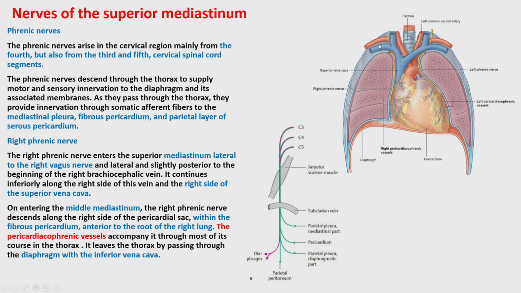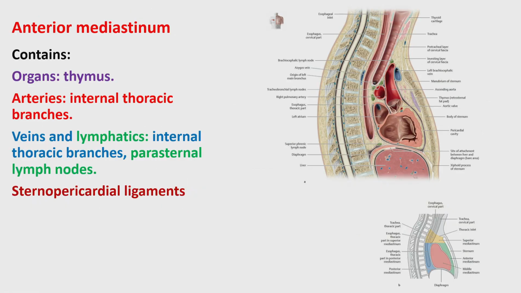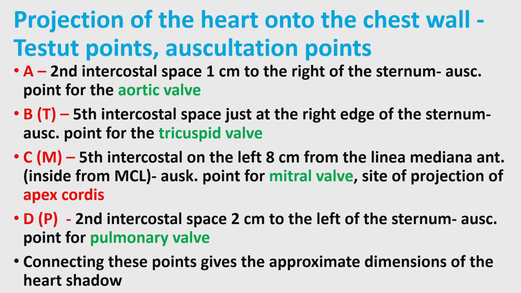During the operation of this area, the surgeon must be absolutely careful of this area. About the phrenic nerve, it is also important that it passes on the pericardial surface of the heart. All these things are explained in the lecture in the winter semester. I just passed through. Just to remind you, another topography of the thoracic region is the projection of the heart